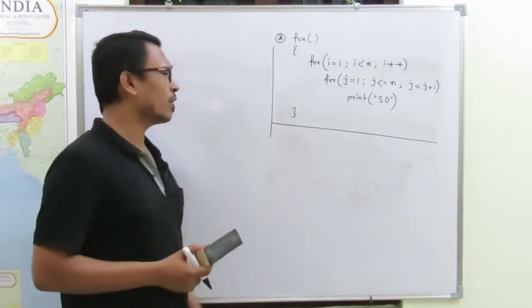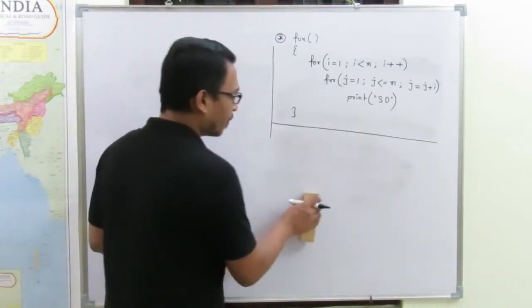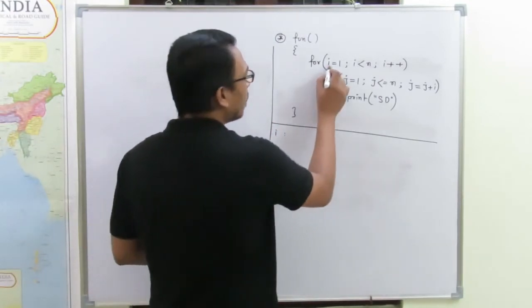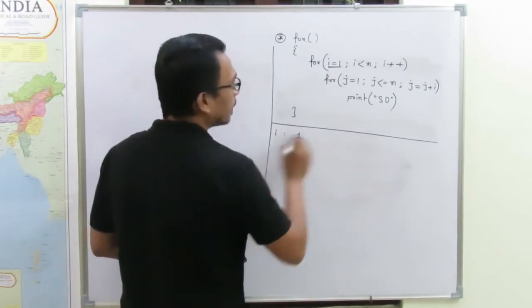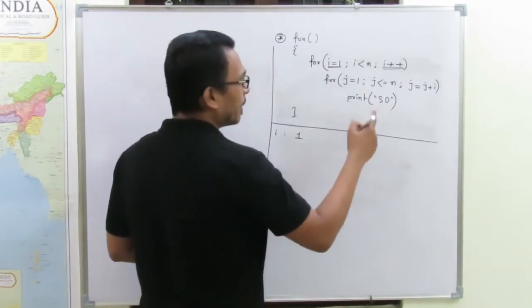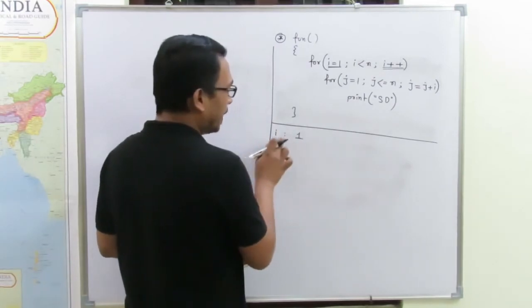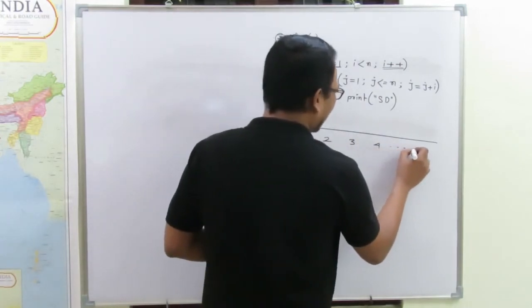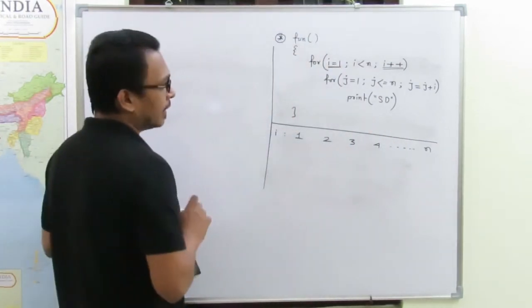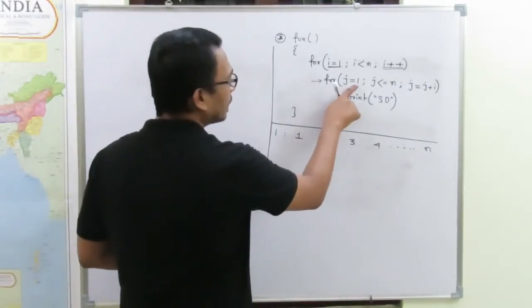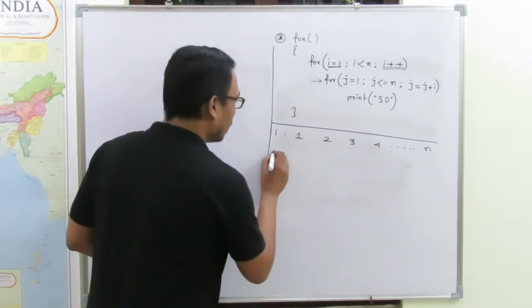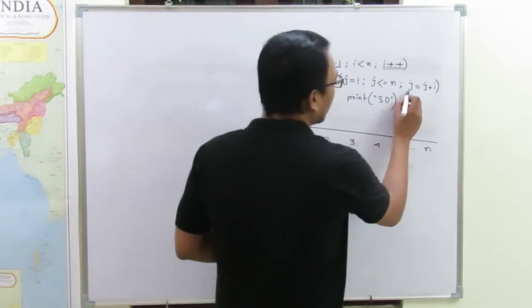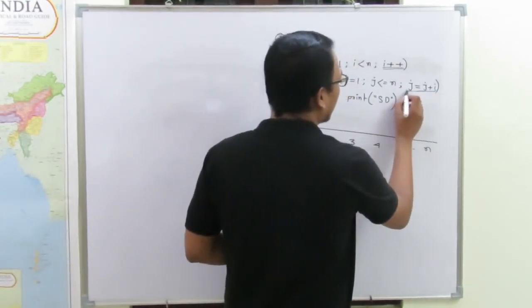Let's do it. Now look at here, for the outermost loop, that is I. For the I loop, the value of I starts from 1, incremented by 1, that means the sequence of values for I is 1, 2, 3, 4, like that till n. And then in the inner loop, the value of j starts from 1. Clear? And then each time it is incremented by